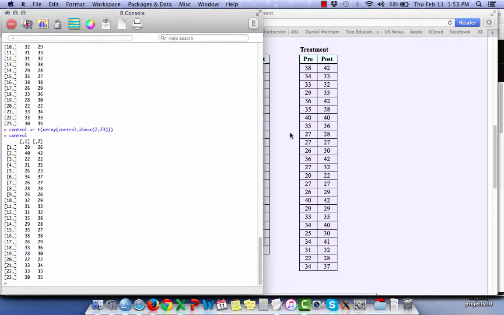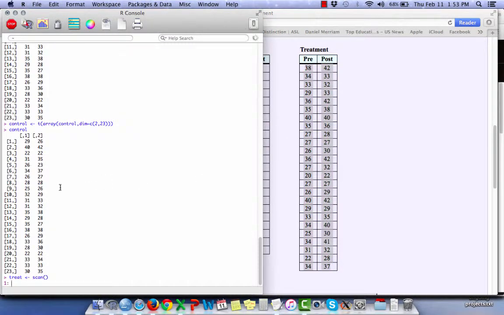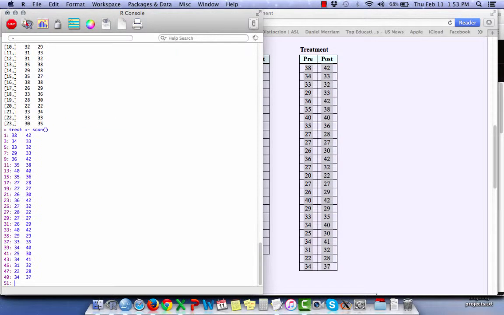So I'm going to do the same thing for treat. Treat is assigned to scan, open and close parenthesis. I hit return. I'll come back to the website. I'll highlight the data in the treatment data set, both columns. I'll copy this. I'll come back to R, paste, hit enter a couple of times, and